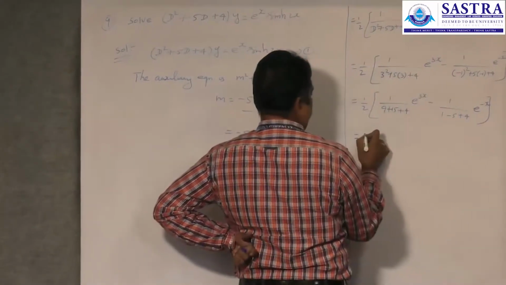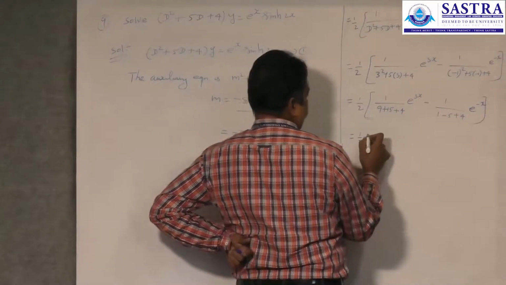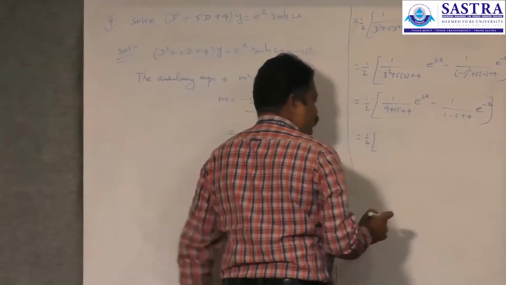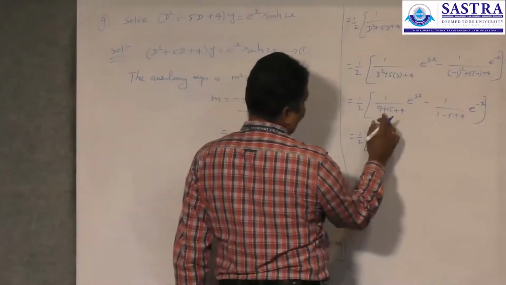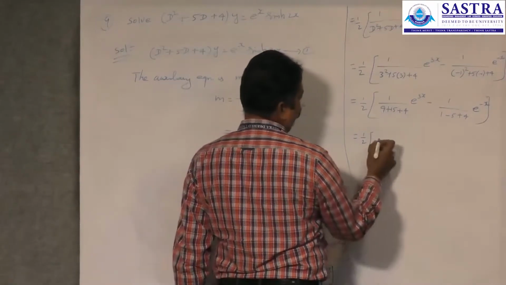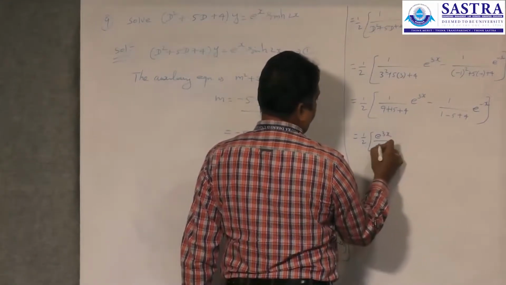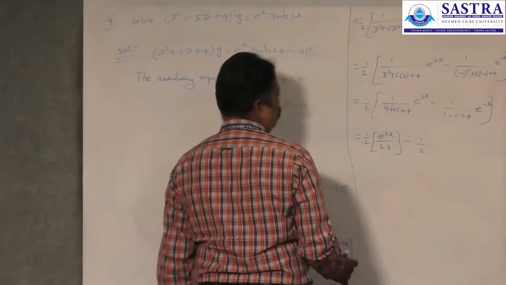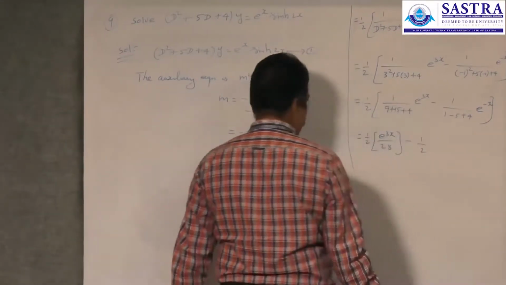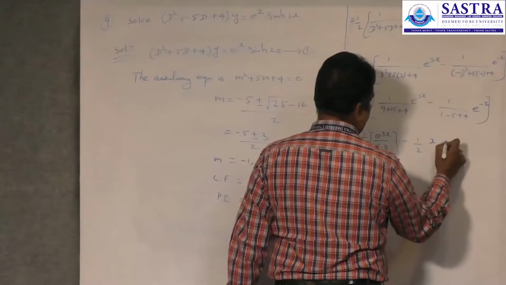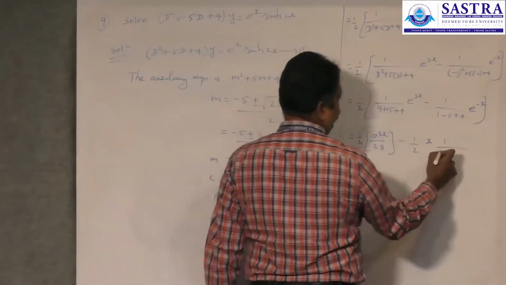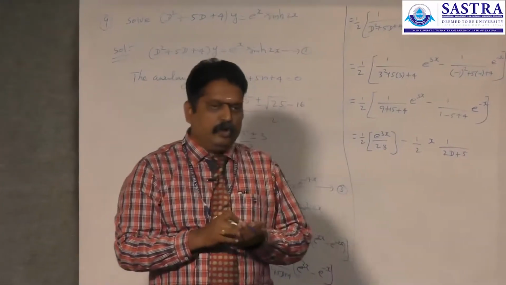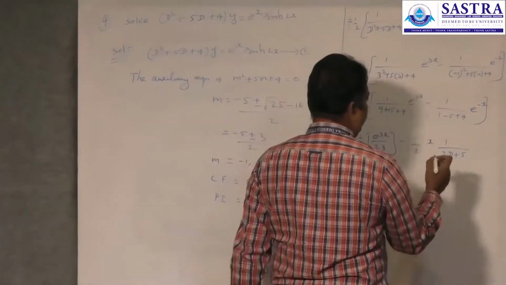Which is equal to 1 by 2 times, this is 9 plus 4, 13, 13 plus 15, 28. So this is e power 3x divided by 28 minus 1 by 2 times, this is a case of failure. 1 plus 4 is 5, 5 minus 5, 0. So case of failure, so we have to multiply x to the numerator and then we have to differentiate the denominator. When you differentiate the denominator D square plus 5D plus 4, we get 2D plus 5 into e to the power minus x,